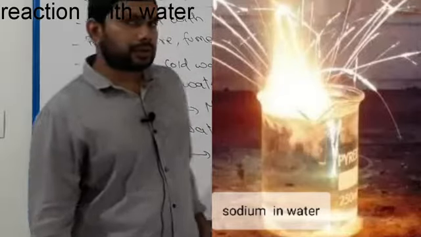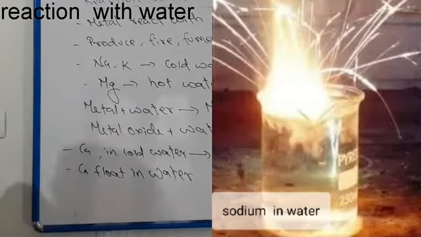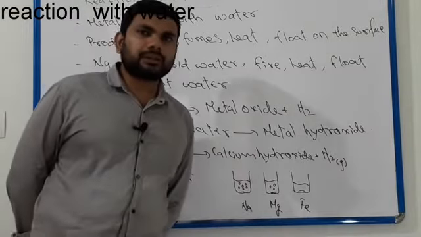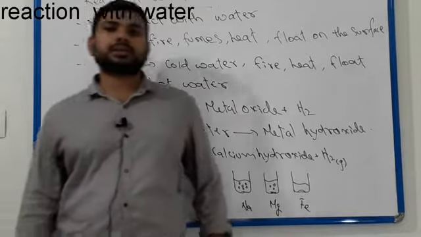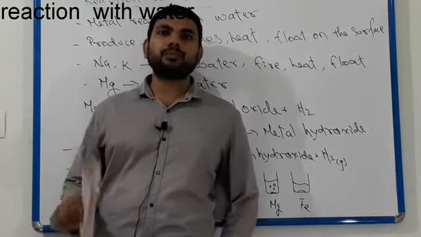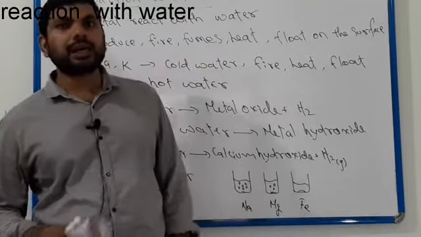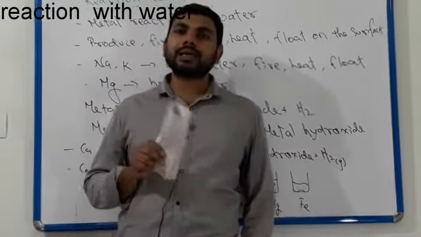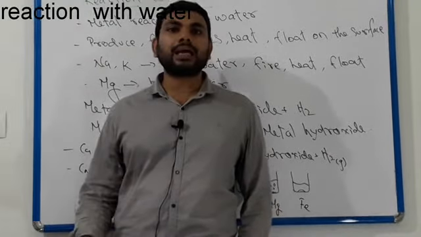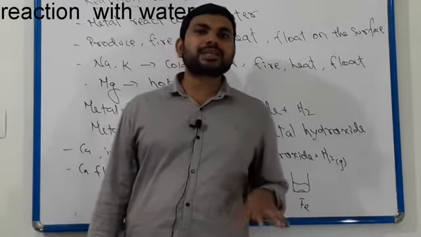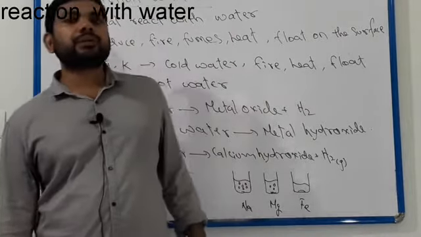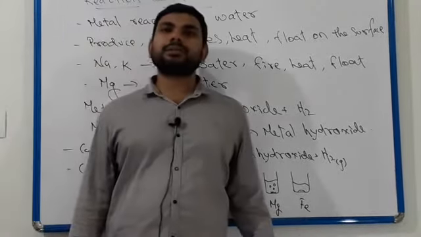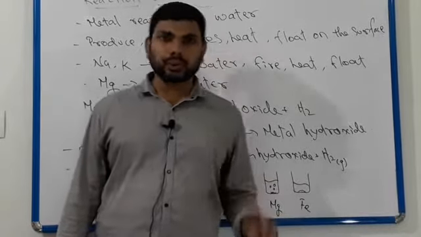After this, look here, you can check metal reacted with water. All metals do not react with water. I told you group 1 and group 2 elements in the periodic table are soft metals. Group 1 elements are called alkali metals. Group 2 elements are called alkaline earth metals. These metals are highly reactive, even reacting with cold water. Here sodium, potassium, calcium, this type of metals react with cold water.